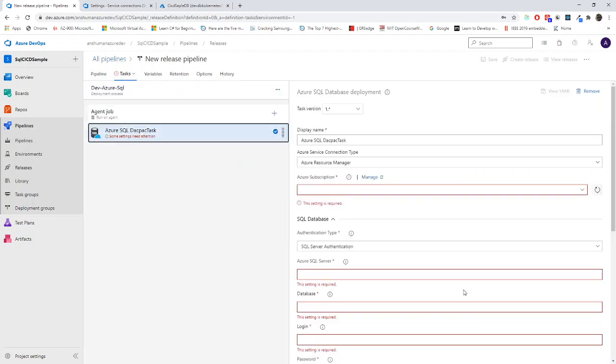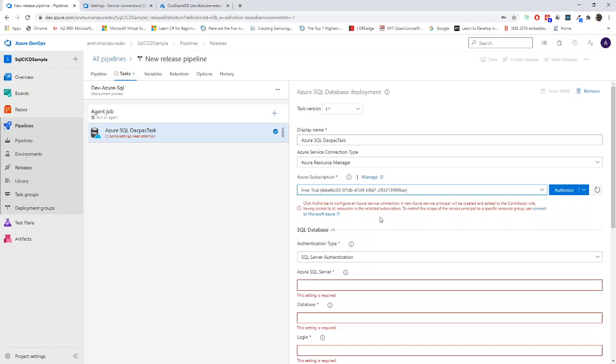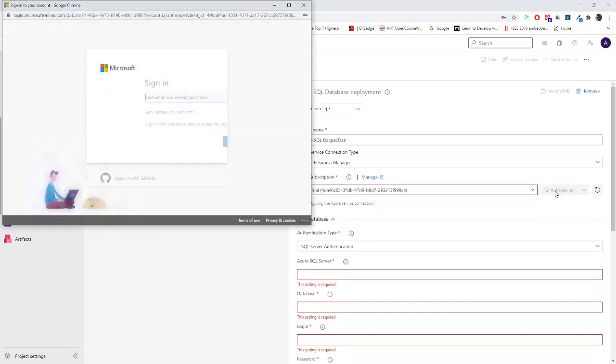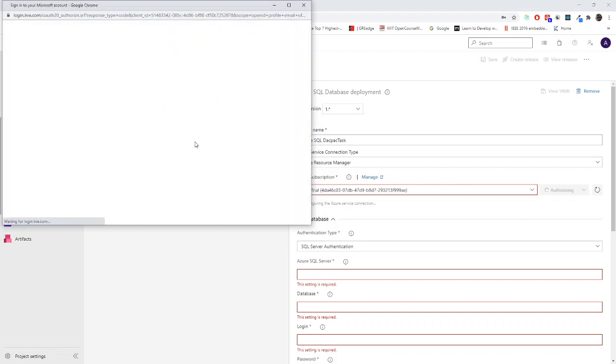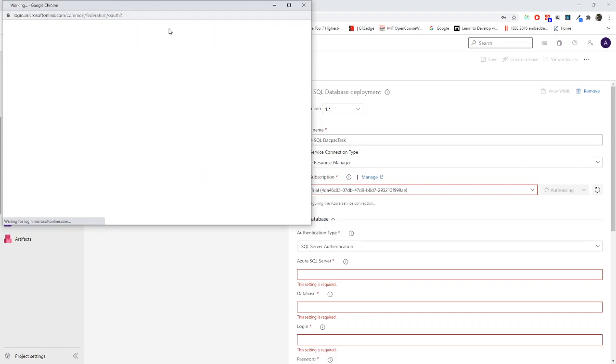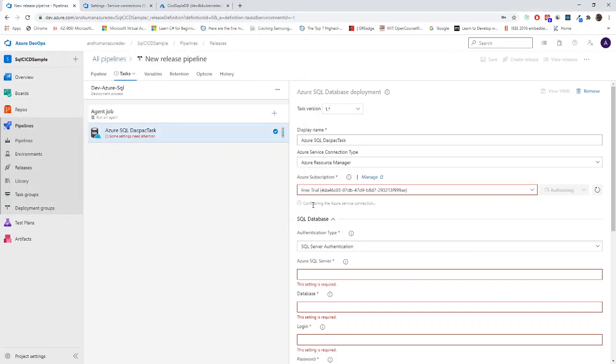Now I'll go to my task. I have to choose my Azure subscription. I'll choose free trial, it would be fine for me. I'll authorize it. Let's wait for authorization. Looks good, it's authorizing. What this Azure subscription does is create an Azure service connection so that Azure DevOps will be able to fetch details from the Azure portal.